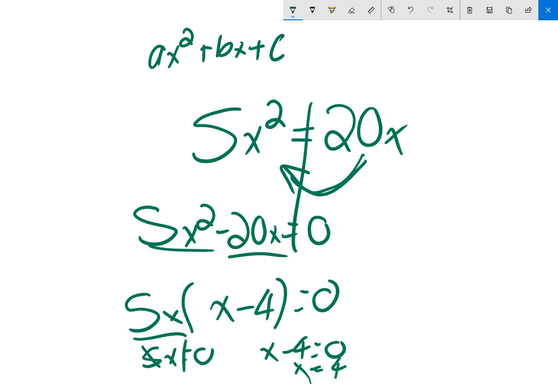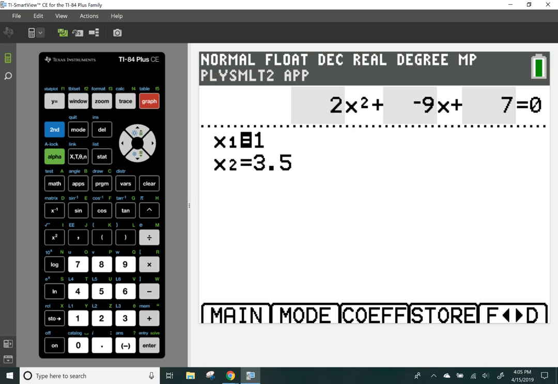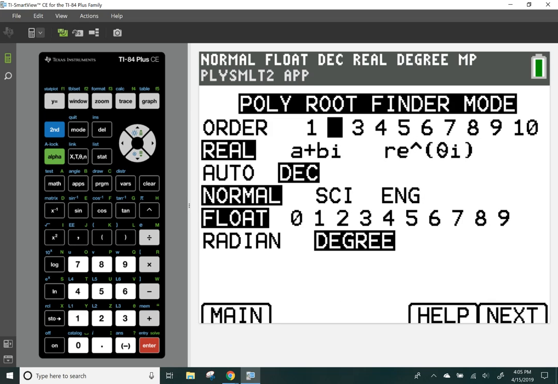And you can type it in the calculator, but if you type it in the calculator, a is equal to 5, b is equal to negative 20, and then c would be equal to 0. So you'd have to type it in. If you go back to your apps, and well, I got to go back to main, so go back to that. If you go back to your apps and you